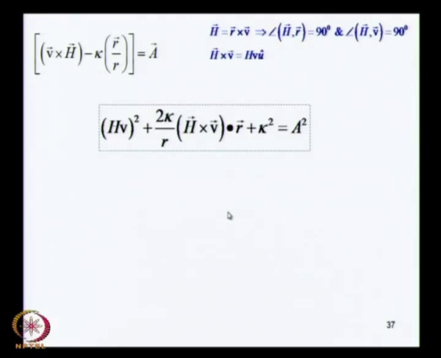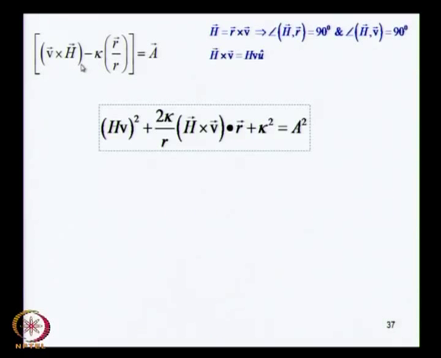So, we need to get that eccentricity, and to do that we take the scalar product of the Laplace-Runge-Lenz vector with itself. So, we take the scalar product of the left hand side with itself and the scalar product of the right hand side with itself. So, a dot a will give us a square on the right hand side,